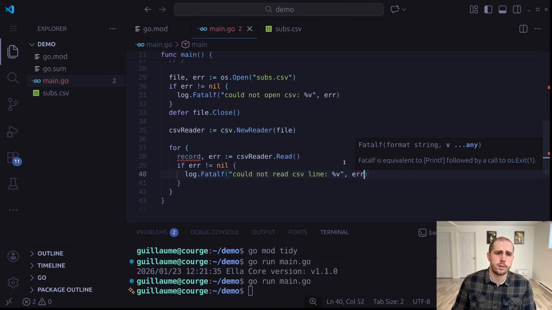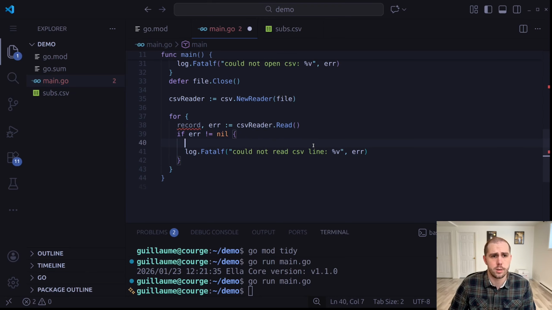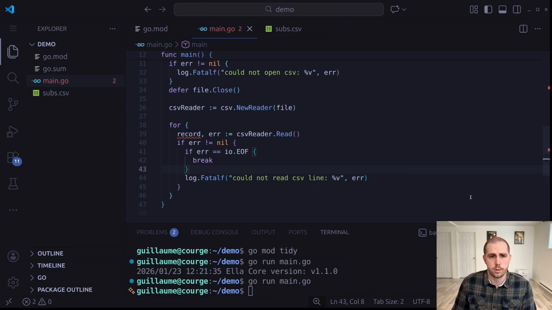Okay, so if we can't read a line, we'll log an error, except if it's the last line. So if the error is an end of file error, we will simply break.